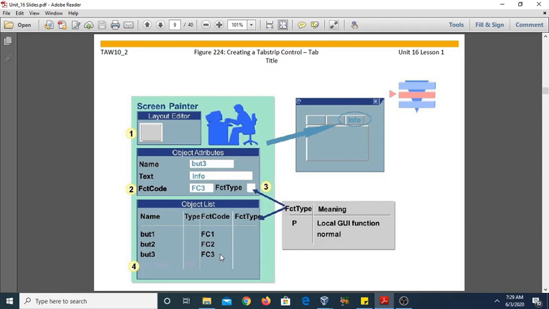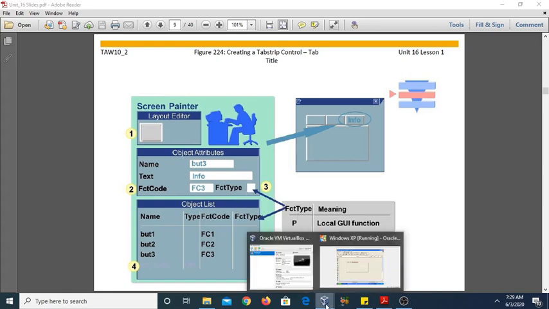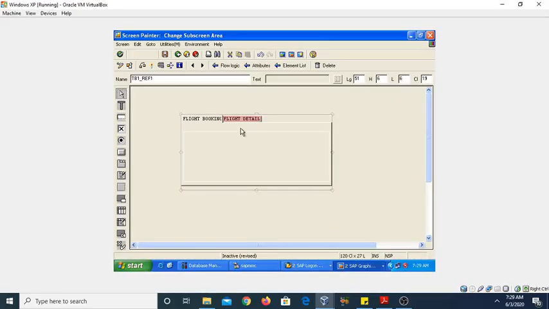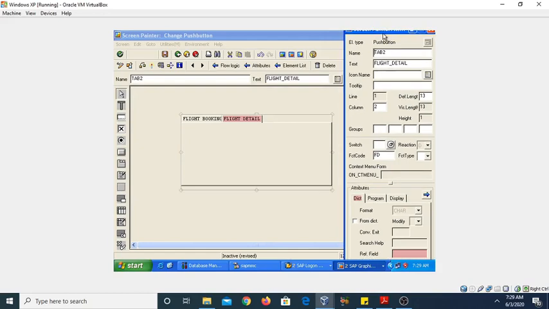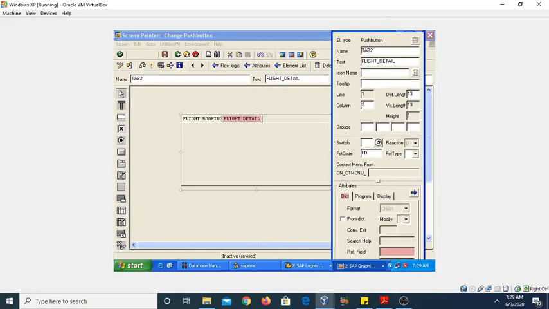The one thing that must be kept in mind is that the function type must be P, that is local GUI function normal. You can see this function type here. So this is our first one, this is our second one, tab. So we have defined the function code, this is FD.